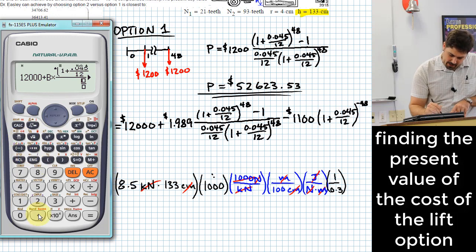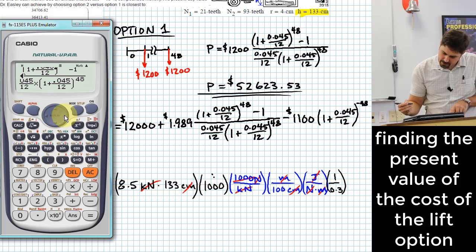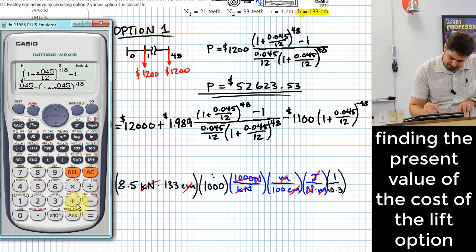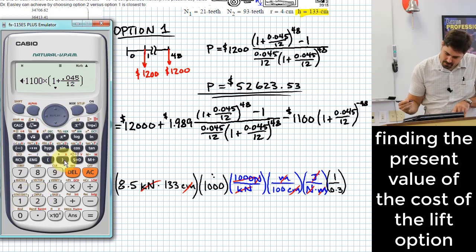All right, here I've got 0.045 over 12. Here I've got 1 plus 0.045 over 12. That raised to the 48. And then we're going to subtract 1,100 times 1 plus 0.045 over 12 raised to the,